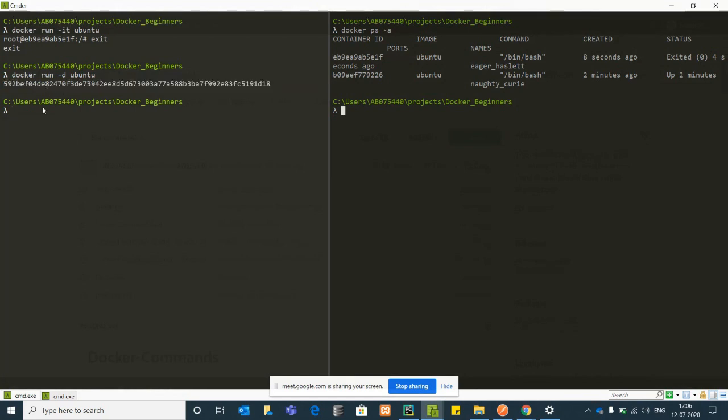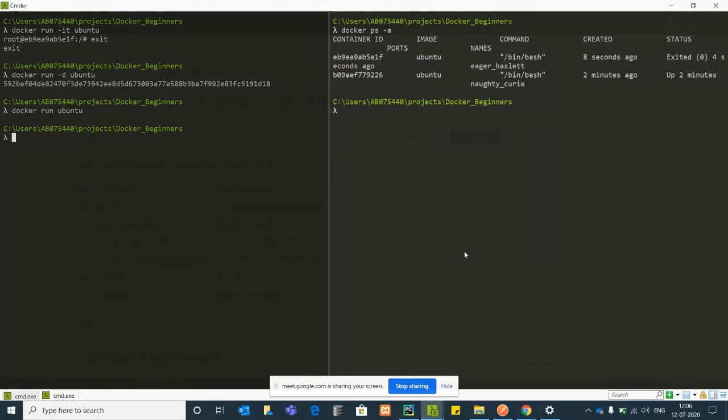Previously, when you ran docker run ubuntu only, it waited for the process to run and then exited. Now it will not wait for the process to run, it will just exit for you, but it will run the docker container as a background task. That is called your detached mode. Everything clear?